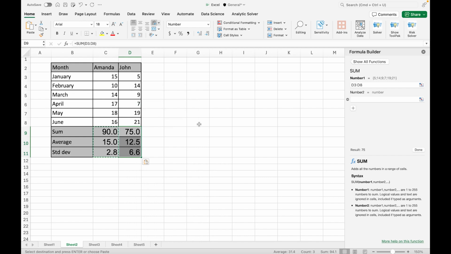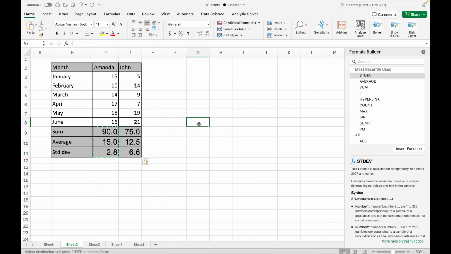You will see Amanda's total is 90.0 and John's total is 75.0. Amanda's average is 15.0 and John's average is 12.5. Their standard deviations show how much their numbers are spread out. Amanda's is 2.8 and John's is 6.6. Pretty neat, right? Knowing these quick functions will save you tons of time later, especially when you are working with